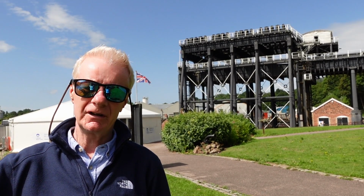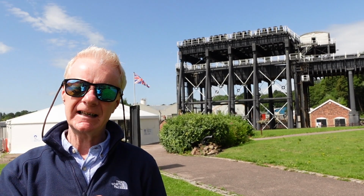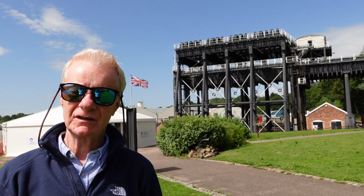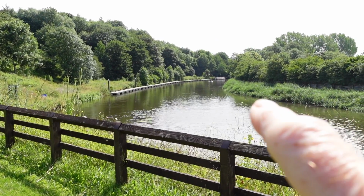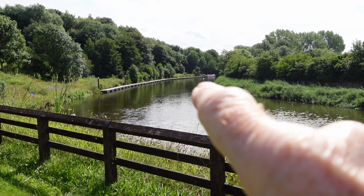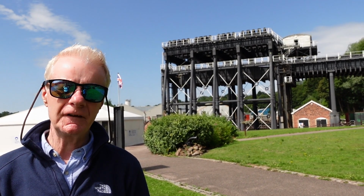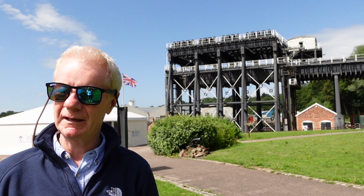And then we'd been along the River Weaver, had some lunch, came back. And to take your passage back up there, you have to pre-book. So we pre-booked and they told us to go down onto the visitors moorings, which are just here. So we were on the visitors moorings minding our own business. I think we had about 15 minutes to go until our timed rise up the Anderton Boat Lift, and we